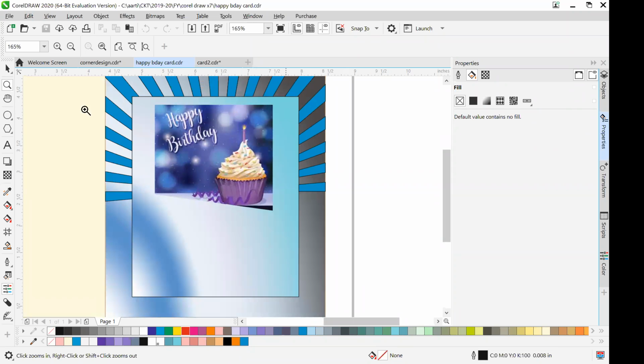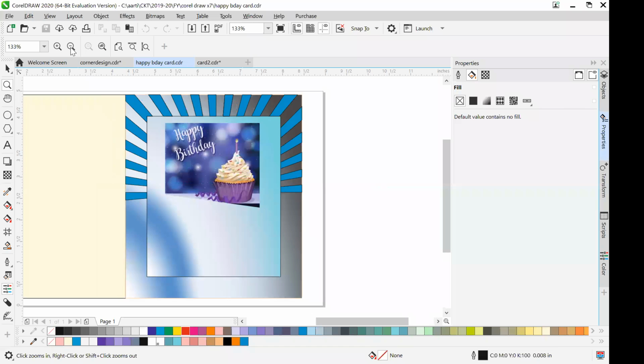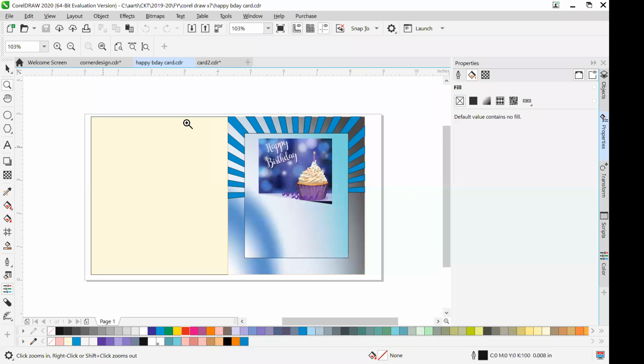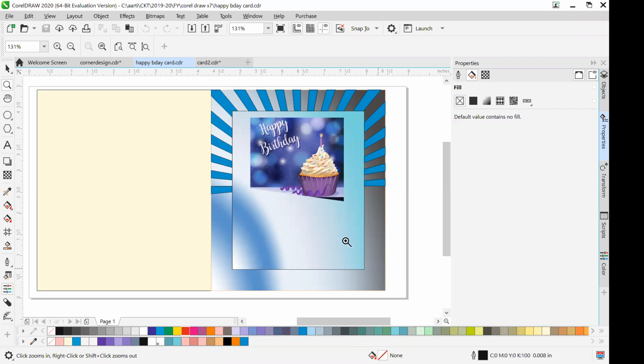This was that card. Actually, I have taken, instead of an A4 size page, an envelope size shape. There are almost 5-6 versions of those envelopes, and then I have created two rectangles so that it will be like the front page and the back page. So this will be the first page, the front page, and this will be the back page of your greeting card. And then you can go ahead with it.